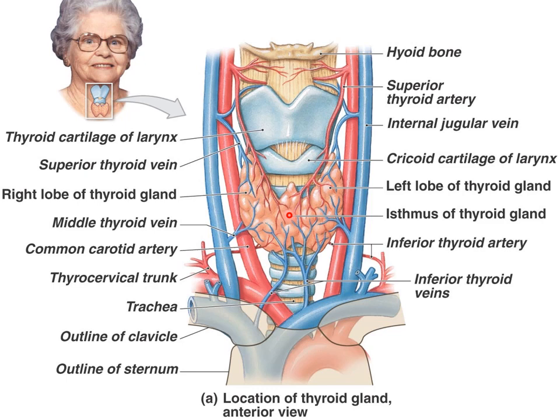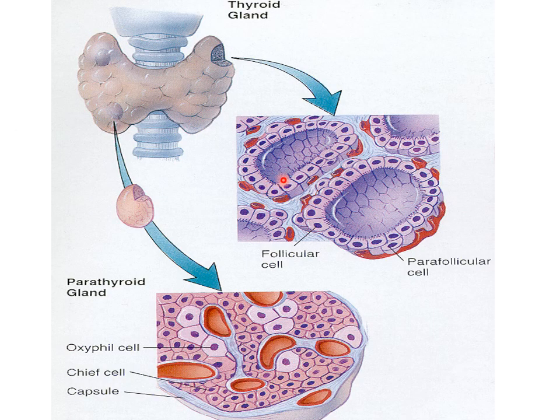From the capsule, fine septa pass into the gland and divide it into some indistinct lobules. These septa, as you know in every gland, provide the passageway for the passage of the blood vessels, nerves and lymphatics. So the thyroid gland is composed of